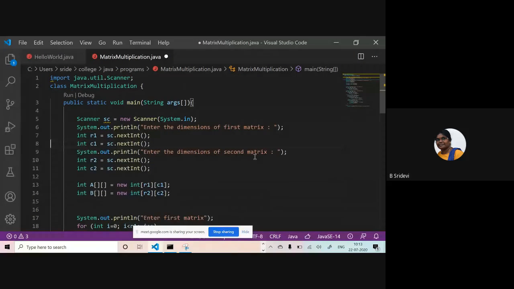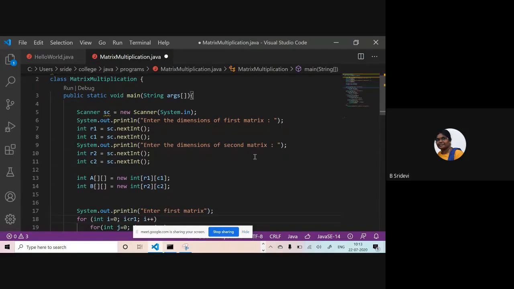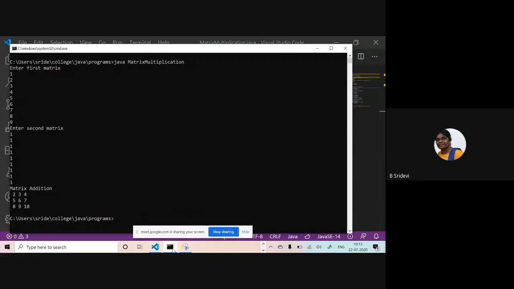Hope is I have typed each and every line before you. Is still any problem? So we'll see this. As I have done my changes, I have to compile it. Okay. C multiplication.java.